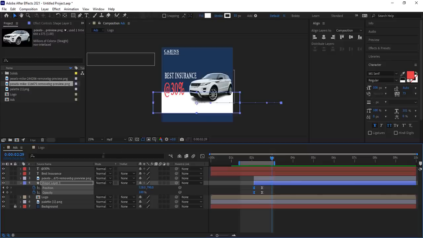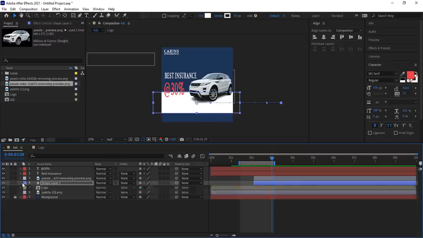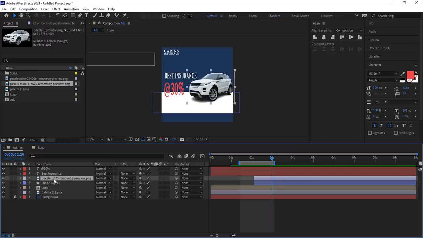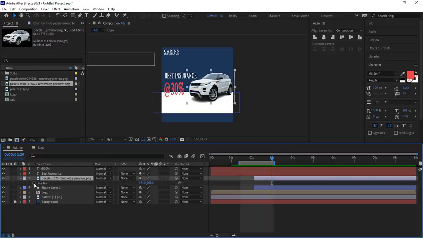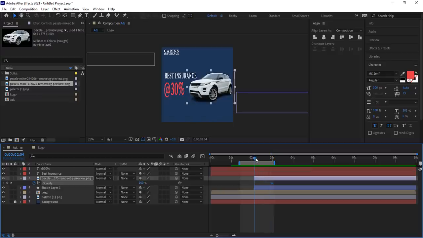3 seconds. So we are just going to select the layer of the car, which is this. Just bring the position, keyframe the position, and then bring the opacity as well. Ensure that it's at 100. Good. Now just at the beginning or immediately as this